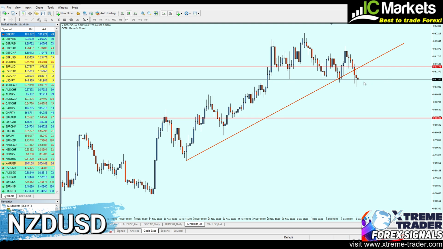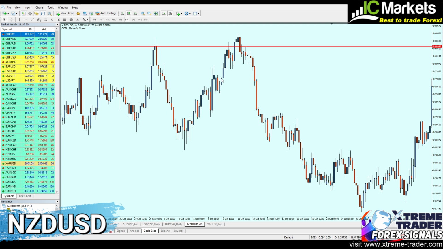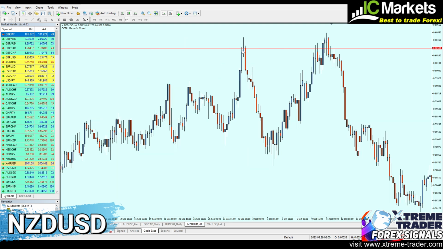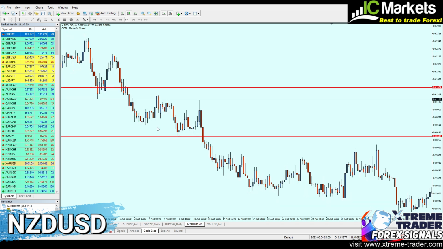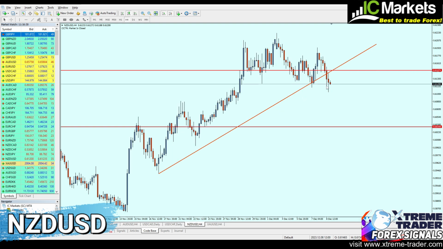And if we scroll to the left side, let's look at 0.61474. How was it actually in the past? Check this out. It was indeed a very strong level in the past, as we can see. We cannot ignore this. And look at that. It was also right here a strong key support as well. So therefore, selling the NZD/USD exactly right here at this level